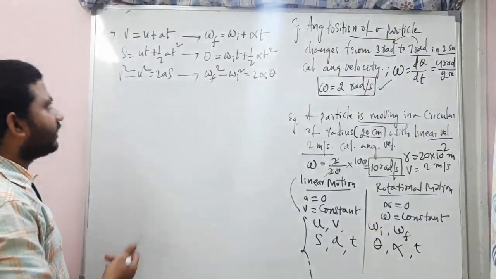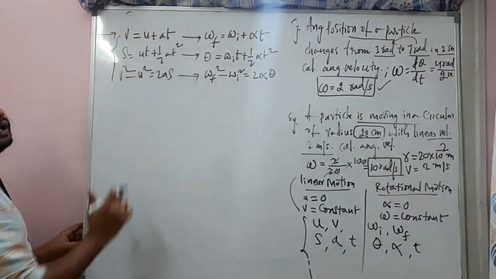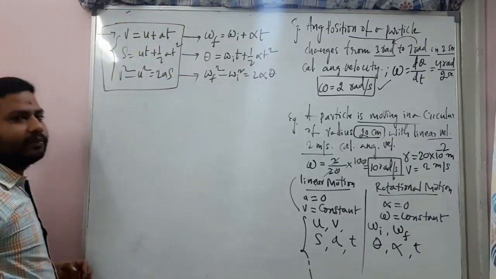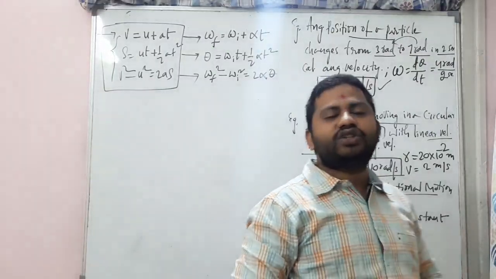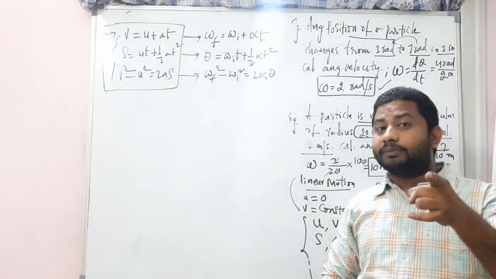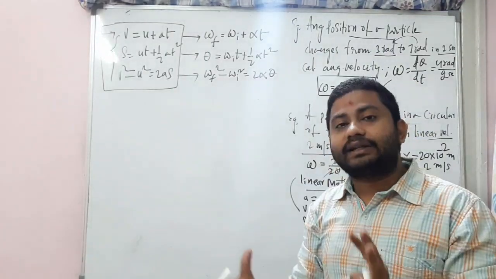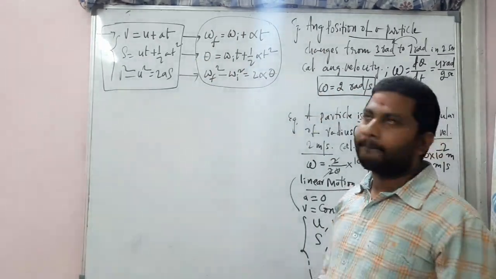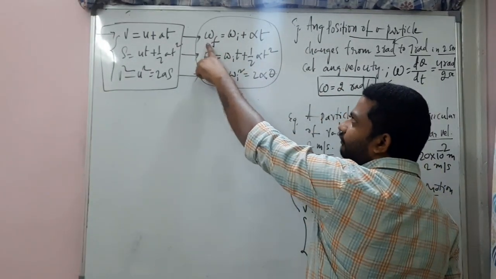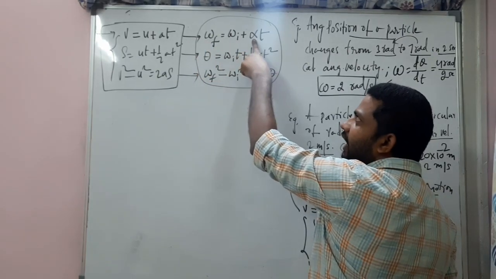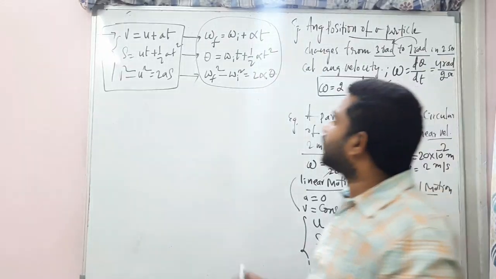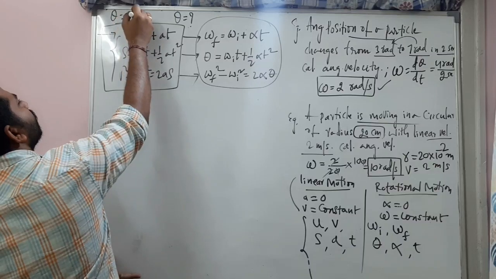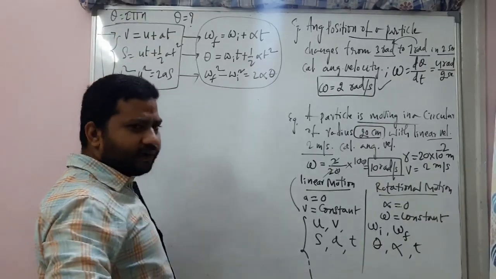But one more important thing, my dear students: the questions in the NEET or JEE exams you may not get directly from here, because these are things you have learned from 9th standard. But in the direct NEET exam, there is a possibility of getting a question from here. They'll give you omega f and omega i and directly ask to find alpha. Or in most cases, the question is about theta. I told you already that theta is equal to 2 pi n. We'll solve some questions right now.